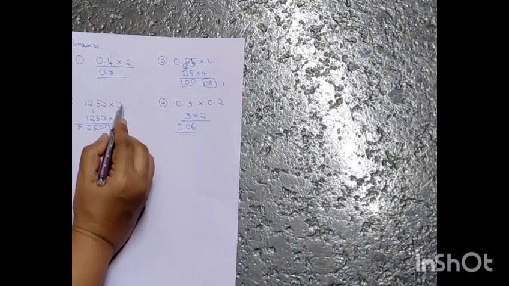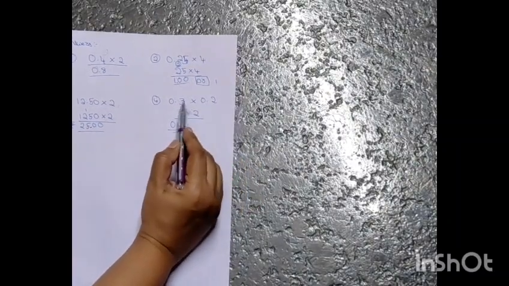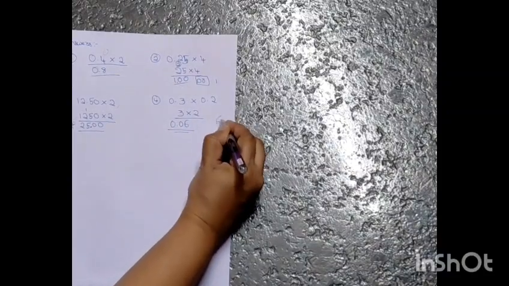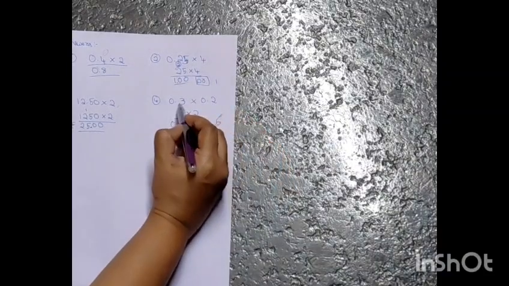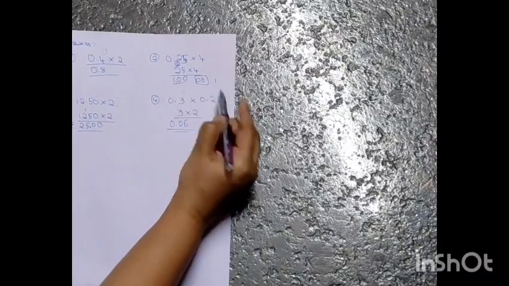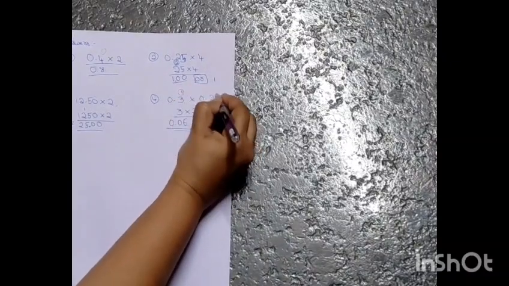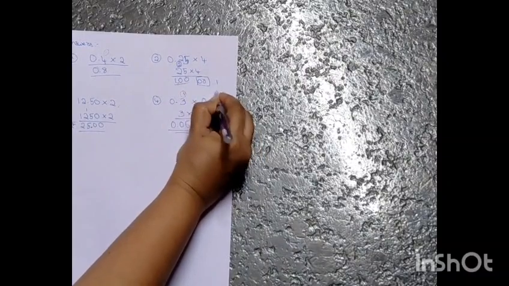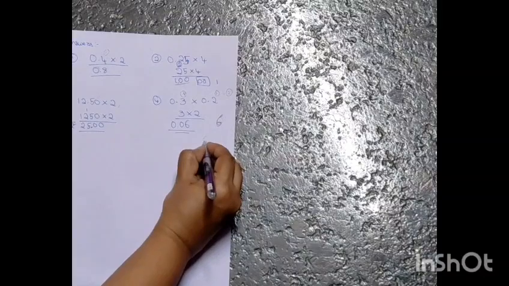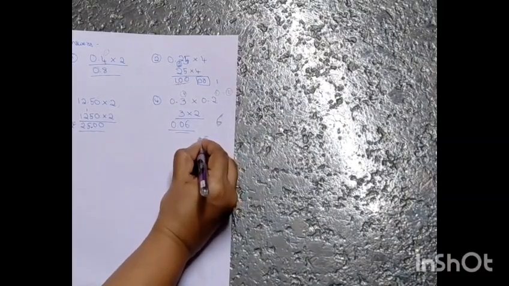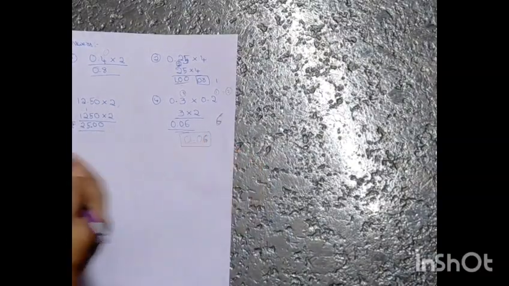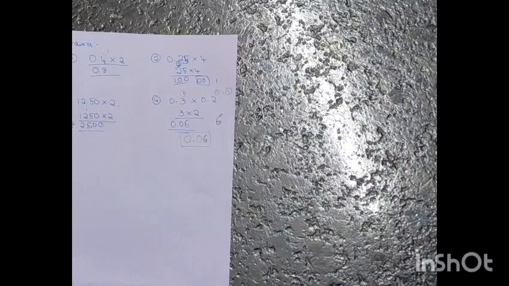It's not, because it is a whole number. This comes here. This is the most important part. 3 twos are 6 is the answer. As normal multiplication, 3 twos are 6. As I said, we have a decimal point here also, here also. So 1 decimal digit after the point here, 1 more digit here after the decimal point. So 1 plus 1 is equal to 2. So what to do? Only 6 we got as the answer here. So 1 digit, 2 digits, 0.0. The answer will be 0.06. Yes, this is the answer.